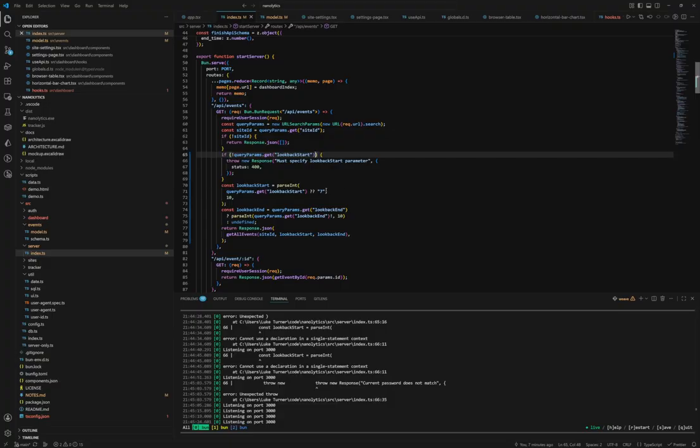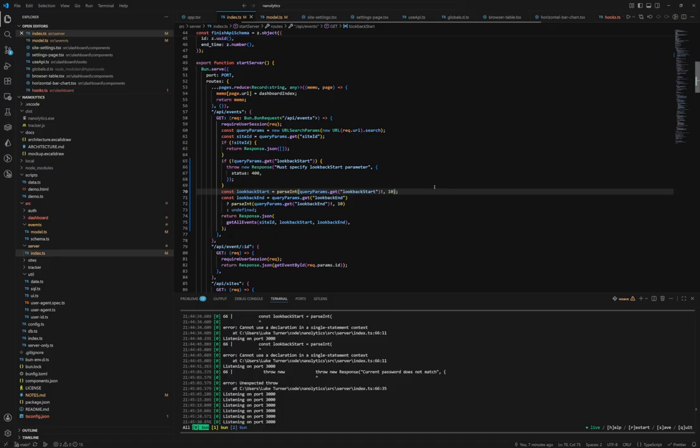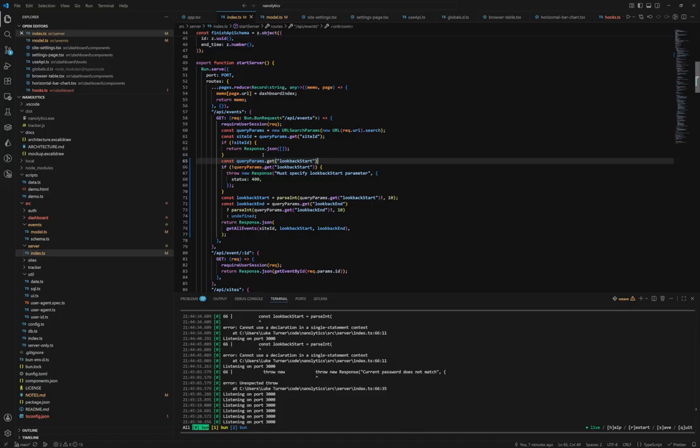And then here we can get rid of these question marks. Okay, so does that make sense? We've got our good look back start. And maybe I will actually put these in variables. So we could do like const look back start var or param equals